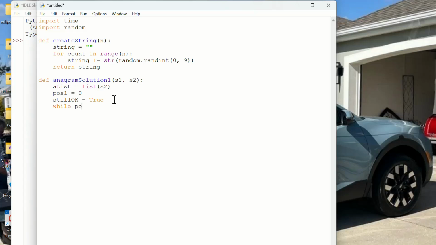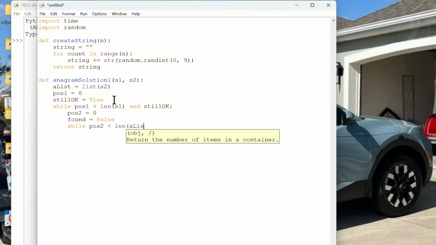So now, while position 1 is less than the length of S1 and still okay, we're going to start processing this. We're going to set position 2 equal to 0. We're going to set found equal to false. That way when we find one, then we can set it the way we need to. So now, while position 2 is less than the length of our A list and not found,